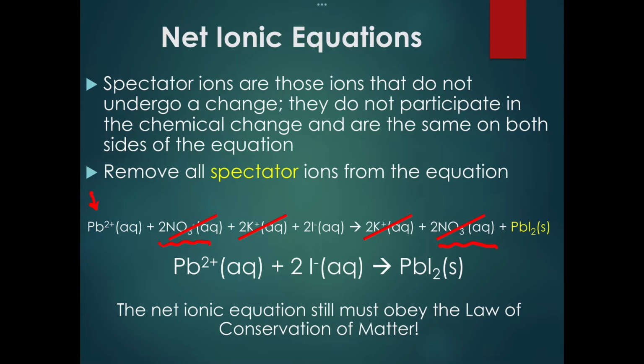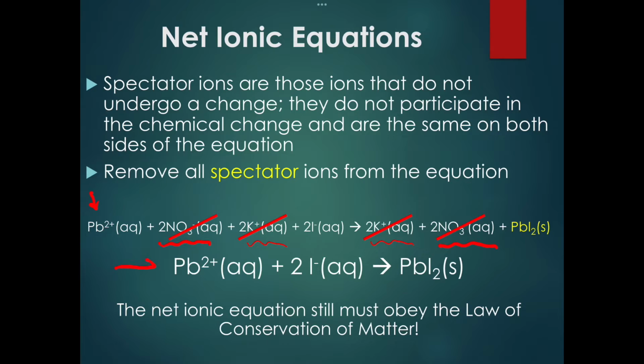This is like in math class when you can cancel out an x because it shows up on both sides of the equation. Same thing here, we have 2 potassiums and 2 potassiums, so those are going to get canceled out. In this example, potassium and nitrate are considered spectator ions because they are watching this equation happen. They're just floating around in solution. They're not forming anything. So the things we can't cancel out, the lead, the iodine, and the lead iodide, everything